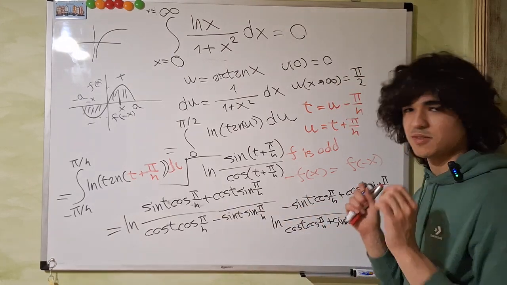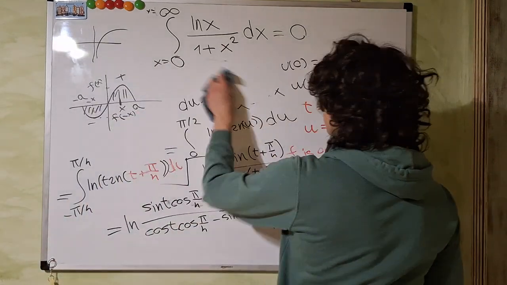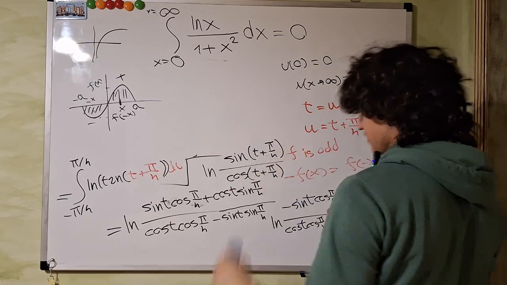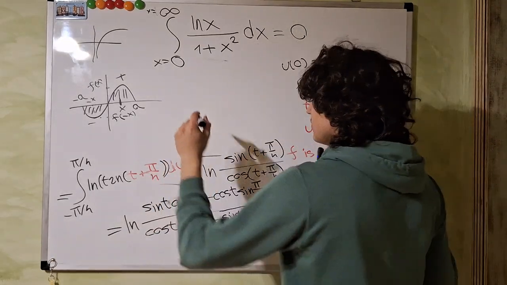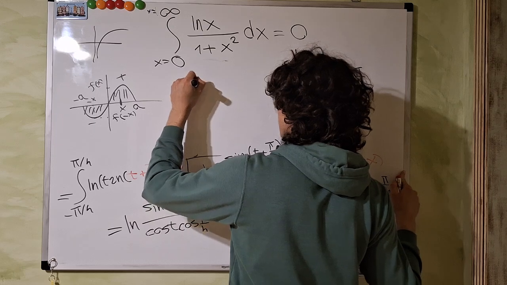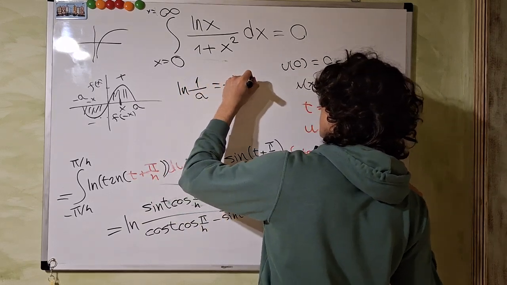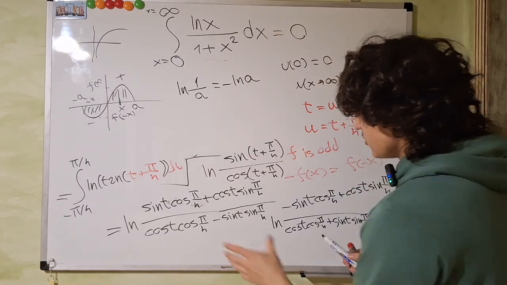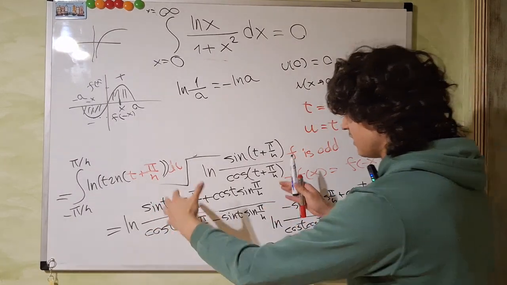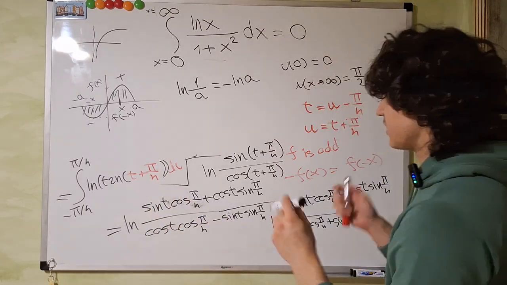But there is an interesting property of logarithms. Recall that, I'm writing it here because I ran out of space. The natural log of something, let's call this something a, of 1 over a, equals the minus natural log of a. So if we call all this expression, this function inside the natural log, a,